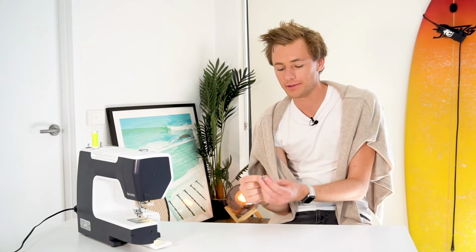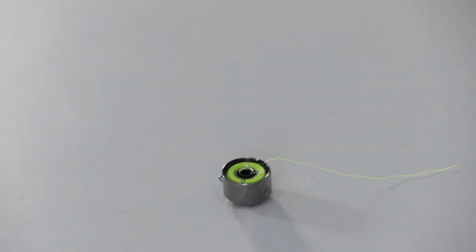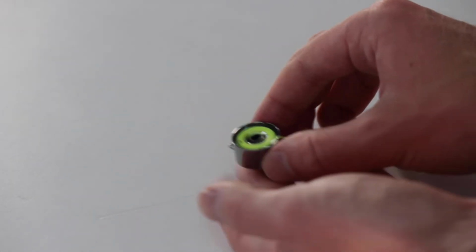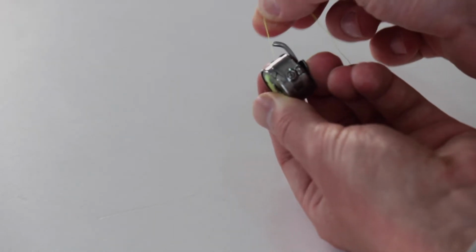Not all machines have these, but just refer to your manual. To do this, I'm going to place it into my bobbin casing and I'm going to make sure that my thread is going around clockwise or like a 9. They say something about the moon landing, no, I didn't really know anything about the moon landing, so I just remember a 9. Then come back up through,